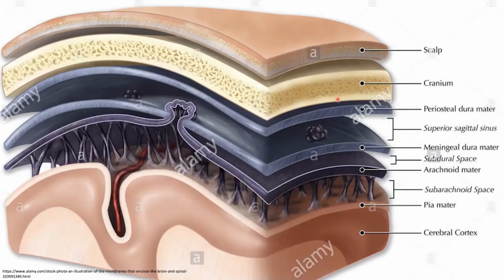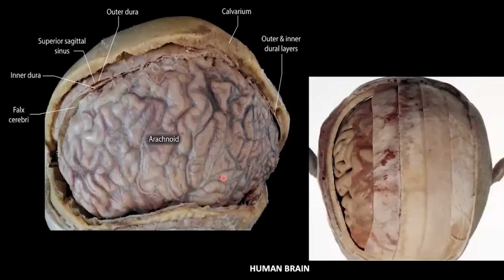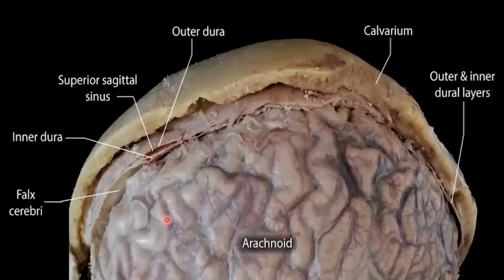So damage and/or infection to the meninges is a very dangerous thing, such as meningitis, which is inflammation of the meninges all along your brain and all the way down your spinal cord. And here you can see a realistic image of the meninges on a human brain. So the dura mater here, the arachnoid mater, which is yet to be removed, and the pia mater you'd expect